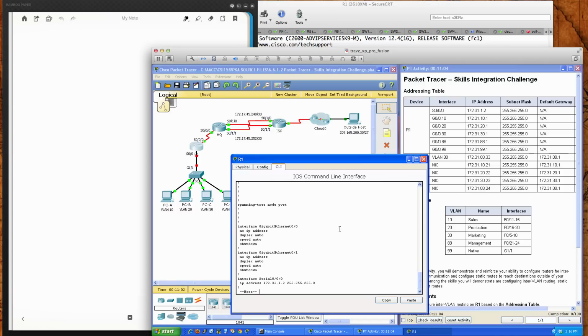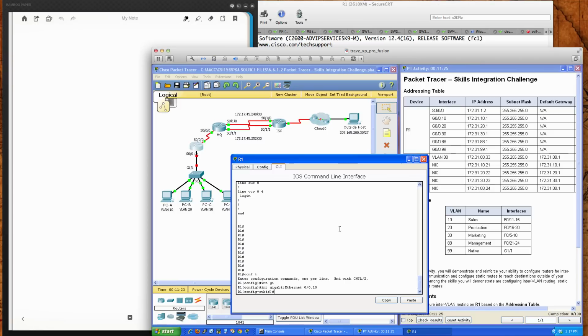The host name is set. So there's gig 0/0 and gig 0/1. We're definitely interested in gig 0/0. That'll be the interface we'll be manipulating here. The serial interface is already configured for us, and so that's good news. Okay, so let's go to global config mode and int gigabit Ethernet